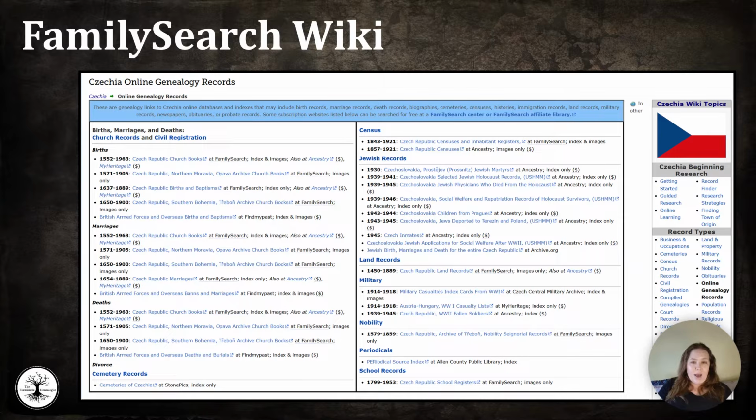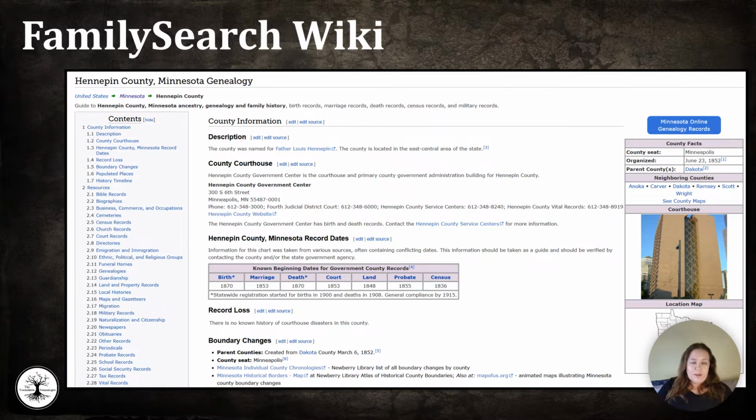This can save you hours of searching, because there's just no way to know everything about a subject, and here it is all in one easy and free place. Here is an example of a county page for US-based research. Now this is for Hennepin County, Minnesota, and it's going to give you the organized date so that you know